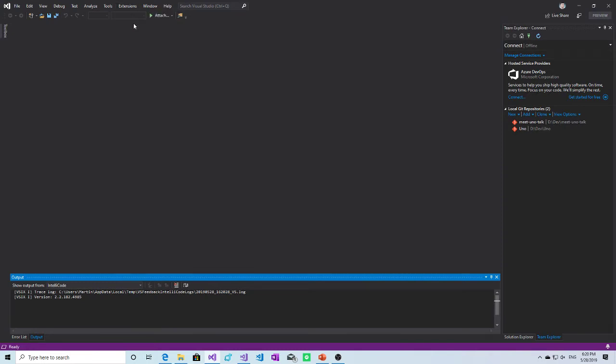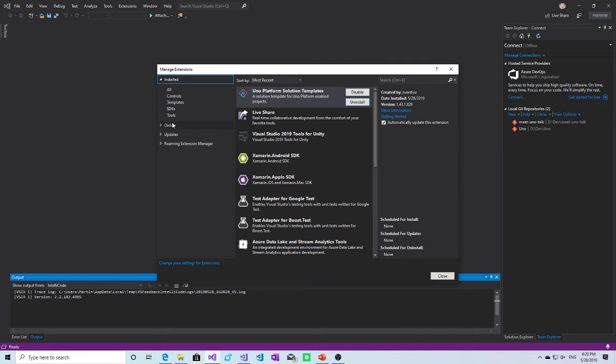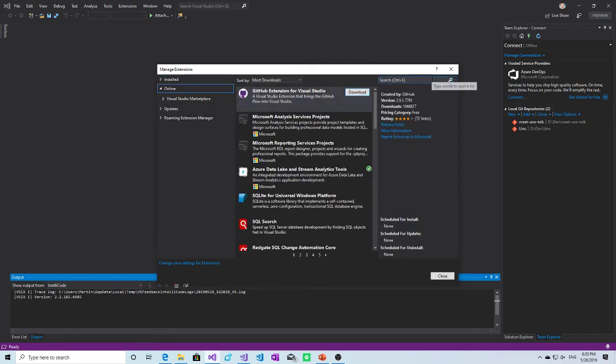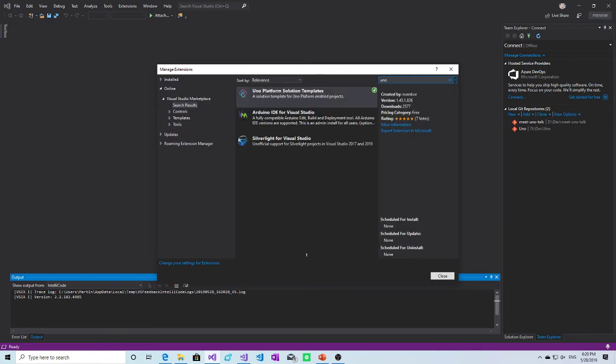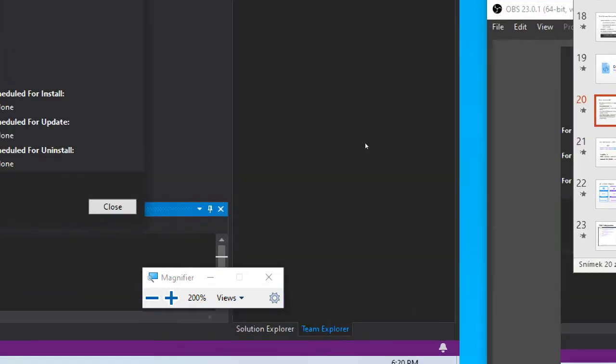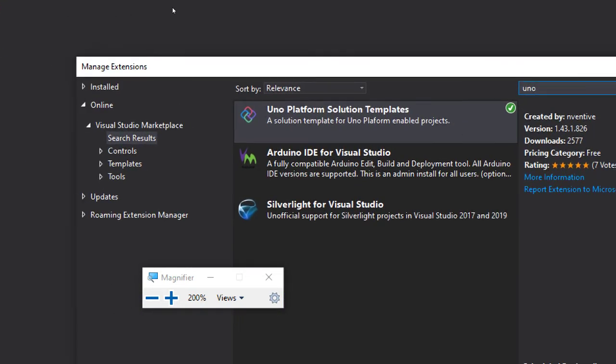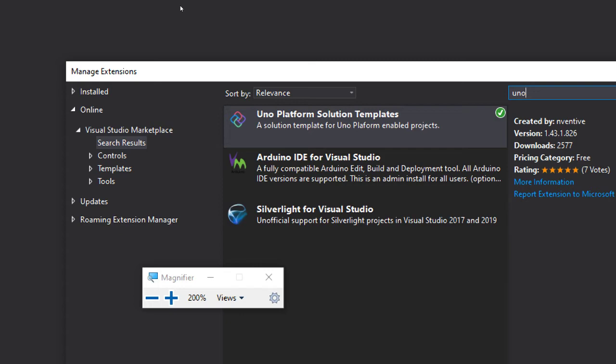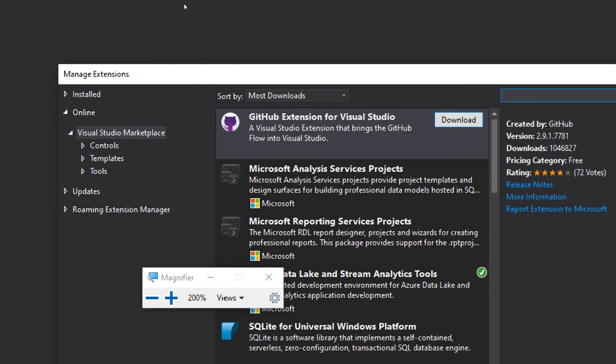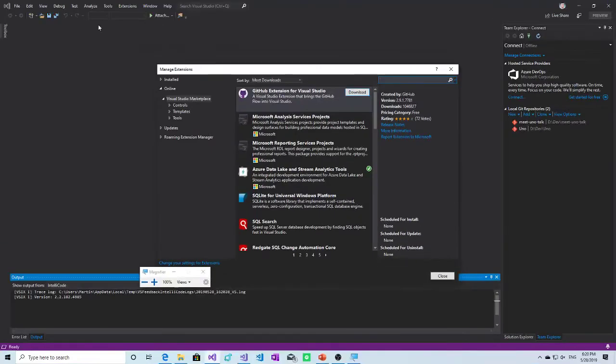You click on Manage Extensions, and in the Online tab you search for UNO. And as you can see, there is UNO Platform Solutions Templates extension, which you just normally install as any other extension, and you will be up and running.